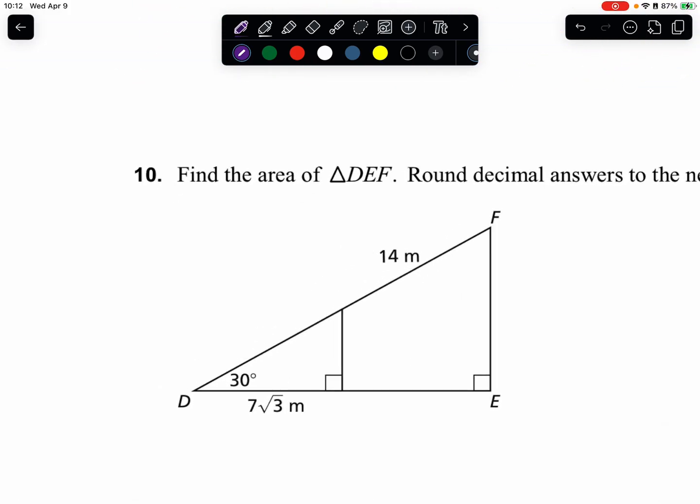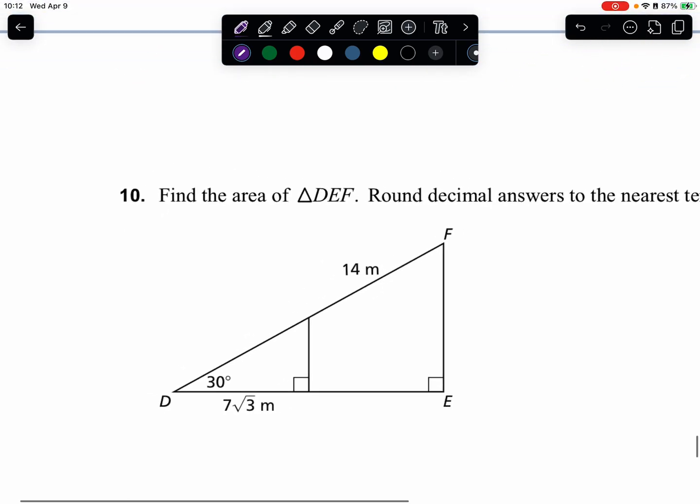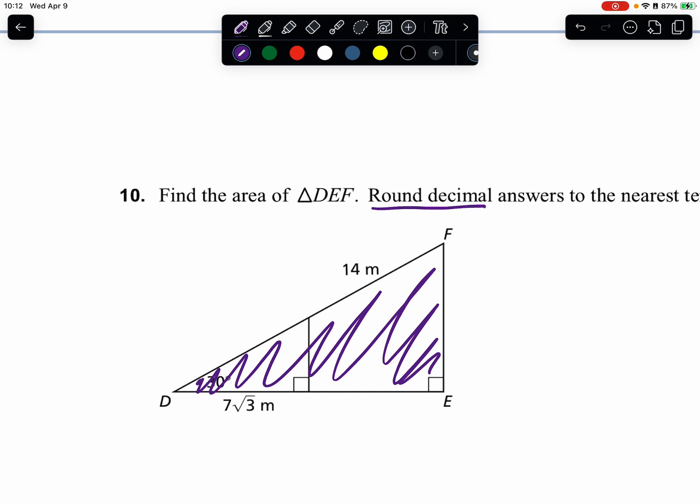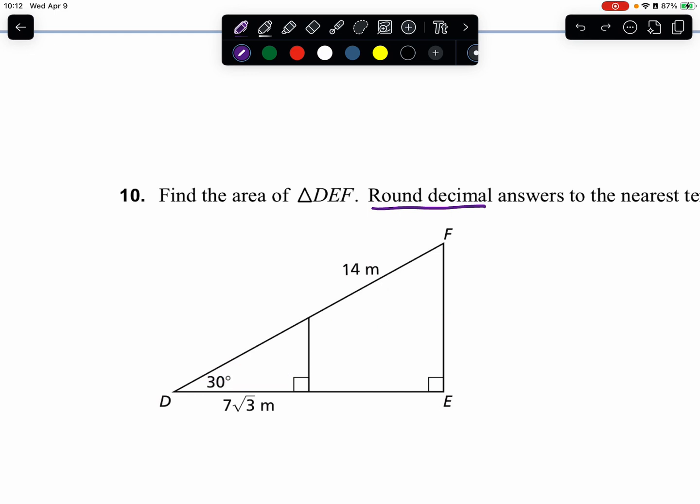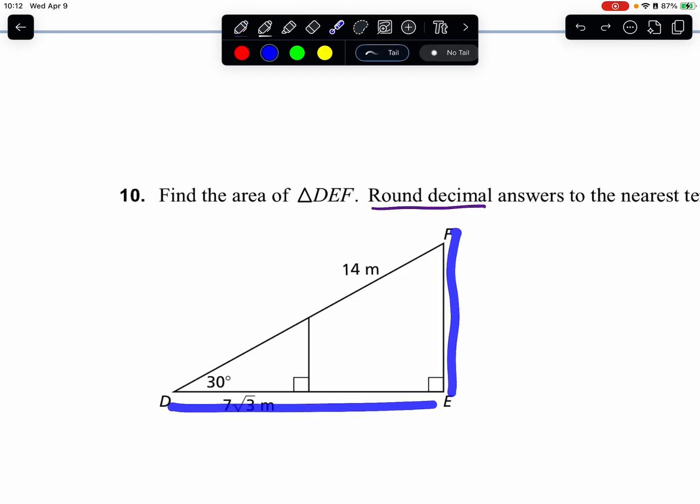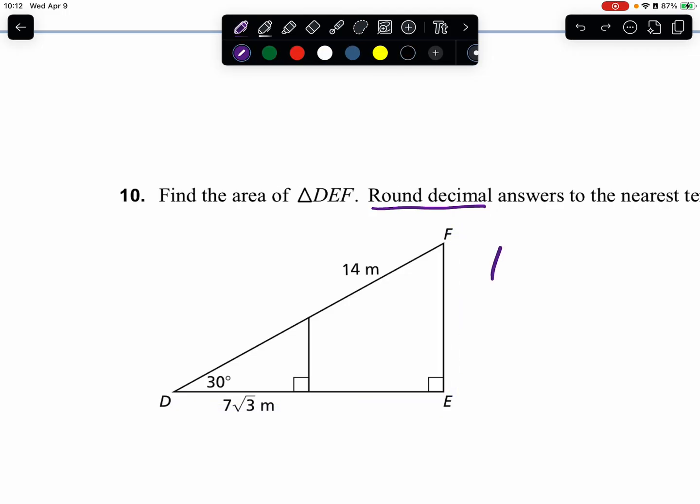In this scenario here, they want you to round your answers. So when you get your radicals, go ahead and type them into your calculator. But they want you to find the area of triangle DEF. So we want to find the area of this whole thing. To do that, we need to find this distance and this distance, because area, as we will be discussing later on,